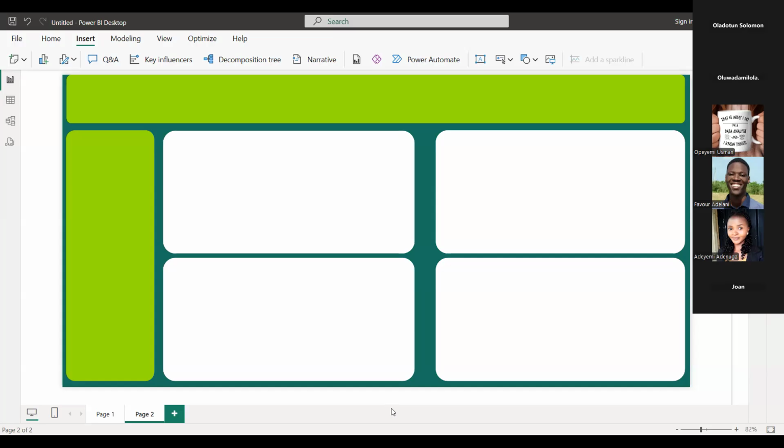So now, basically, did you get it to the point where I had to duplicate what I had done on the first page to lay out the framework for the second page? Now, this is how automation works in Power BI when you're trying to lay out frameworks for what you're about to design. Now that you have decided this, then you have to also decide what are the other things that you would like to add to this.